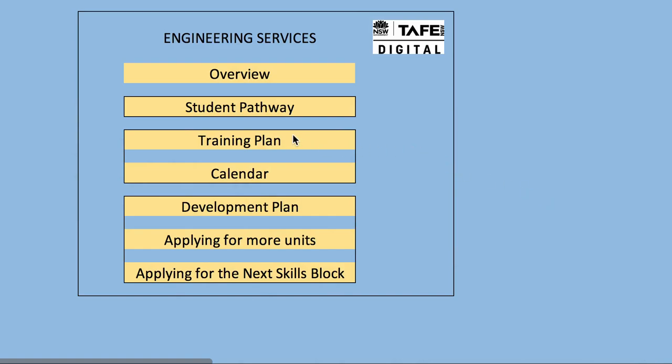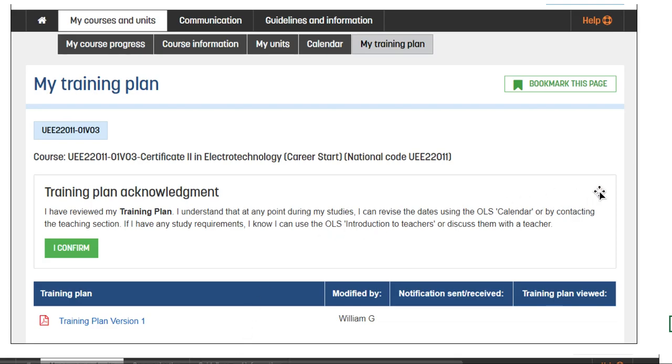Now, the training plan. The training plan is available to all Certificate 2 and Diploma students, but not Certificate 3 if you're an apprentice. So anybody on a traineeship or an apprentice has a different training plan generated from State Training Services as part of their contract, and currently it's not available. So what is the training plan? So when you go into the OLS, you will see